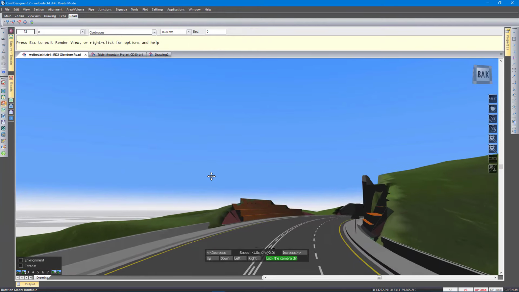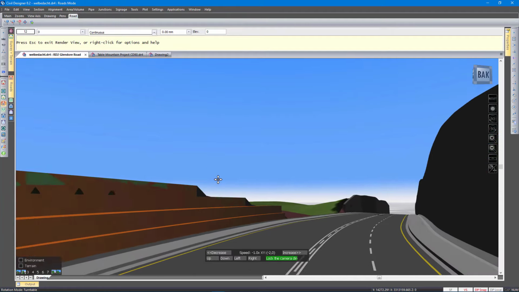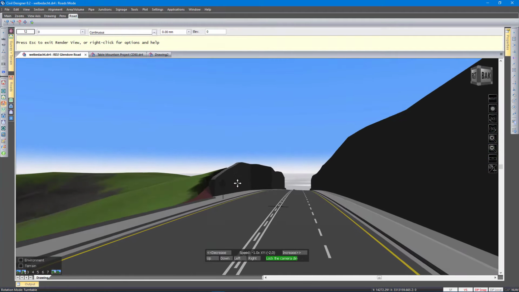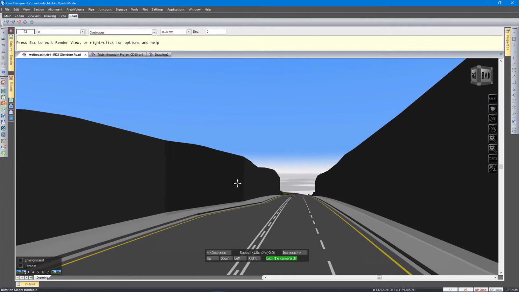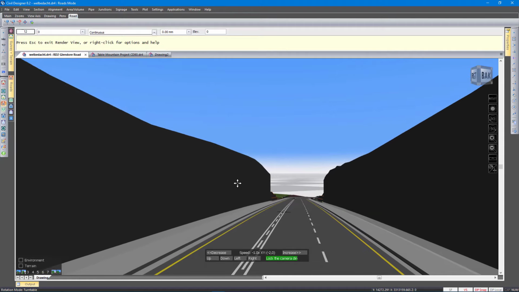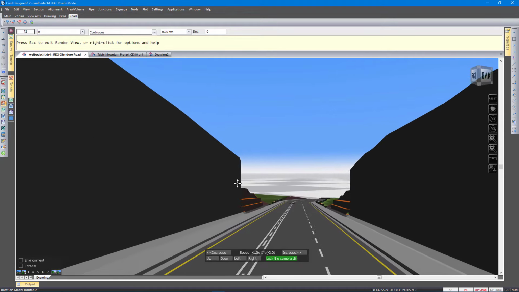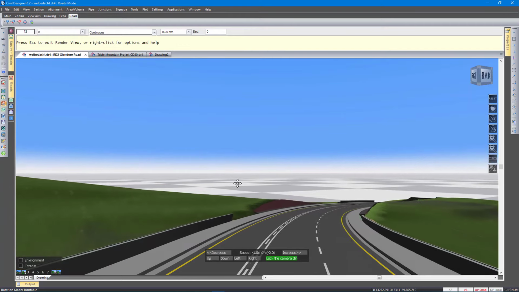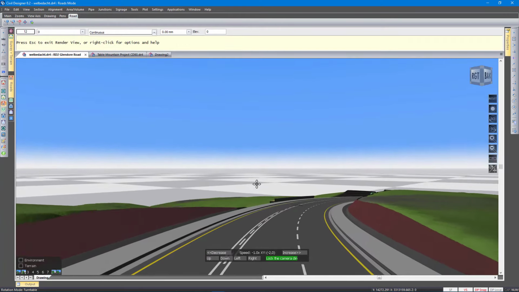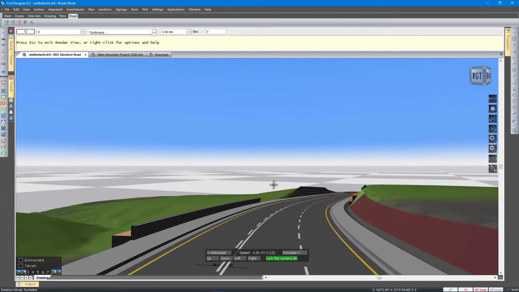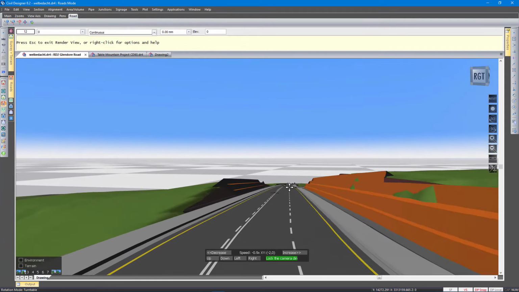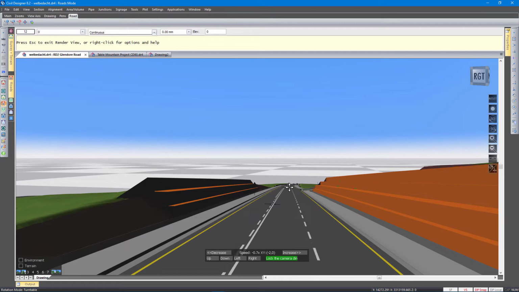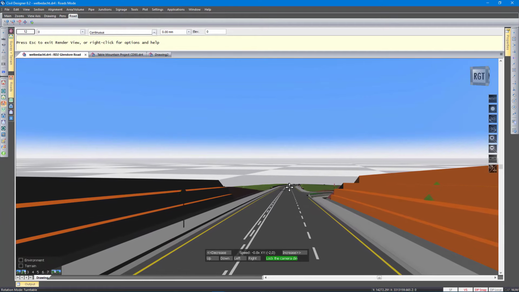You see that the sky adds a lot to the visual appeal of this model. Looks a lot more realistic. Right, let's go around this corner. Okay, there's the intersection coming up. So I'm going to slow down,